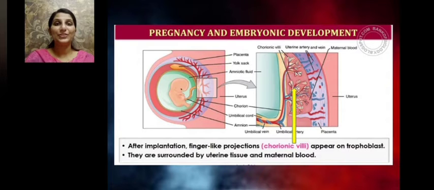After implantation, finger-like projections appear on the trophoblast, which is the outer layer of the blastocyst. These finger-like projections are called the chorionic villi. We can see these, these are the chorionic villi, and they are surrounded by the uterine tissue and the maternal blood. So, the chorionic villi, which arise from the trophoblast, get surrounded by the uterine tissue and the